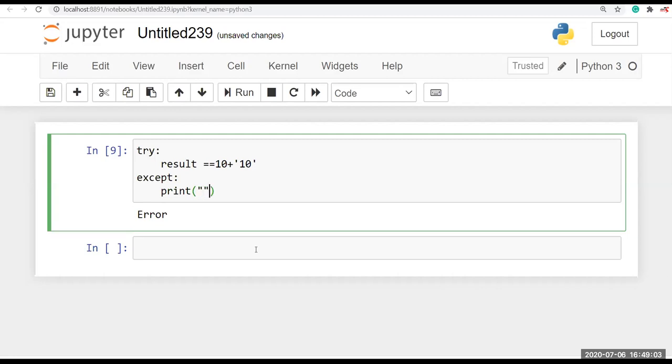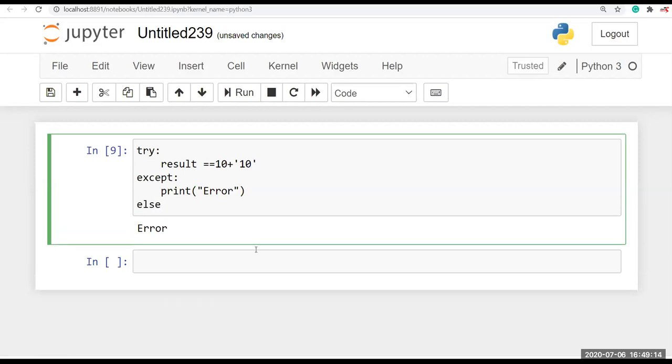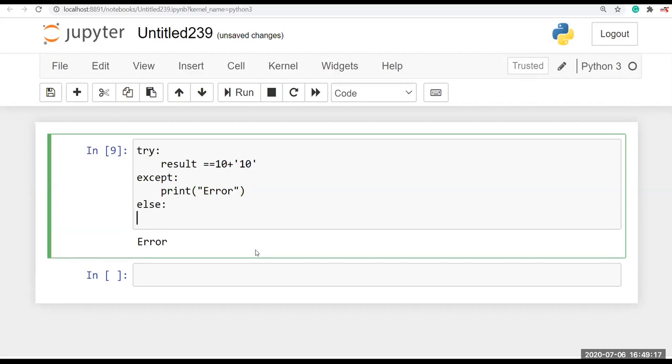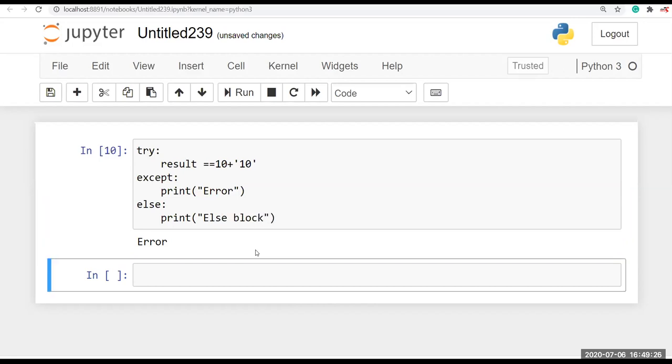Next, I will show the else block. Here I'm going to print just else block. I run this. So now you can see it has an error, it goes to the exception block and prints error. So if there is no error in the try block, it goes to else.